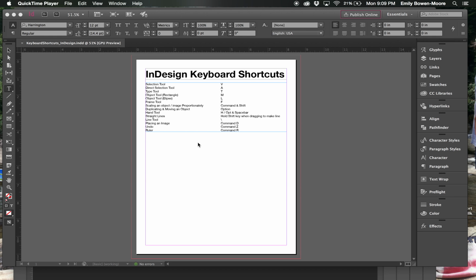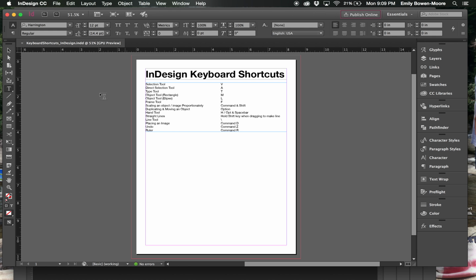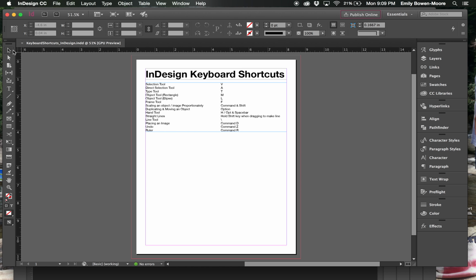And this tutorial is on the selection tools in InDesign. So if we look, our shortcut for our main selection tool here is V. And then we have what's called a direct selection tool, and its shortcut is A. And so I'm going to show you a couple of those